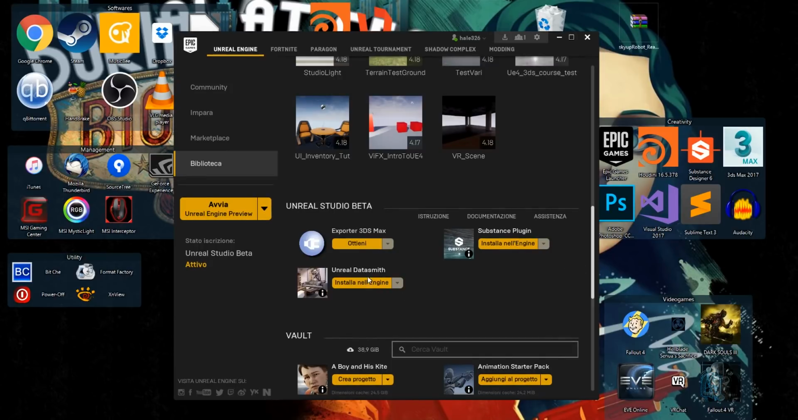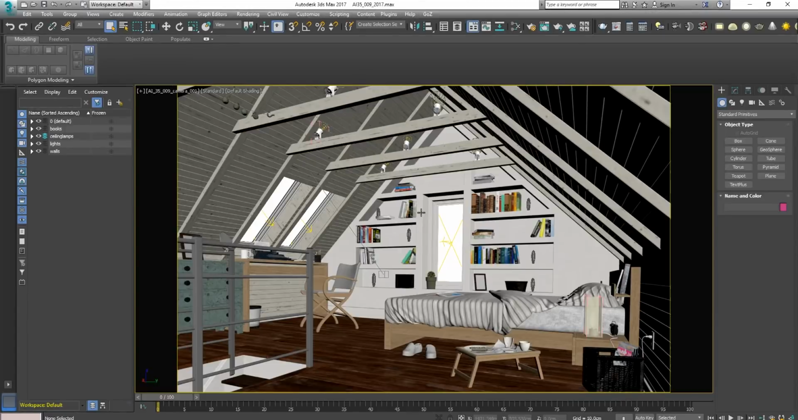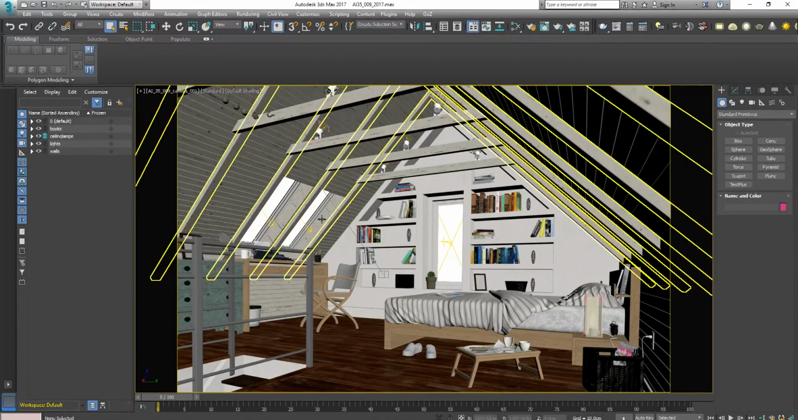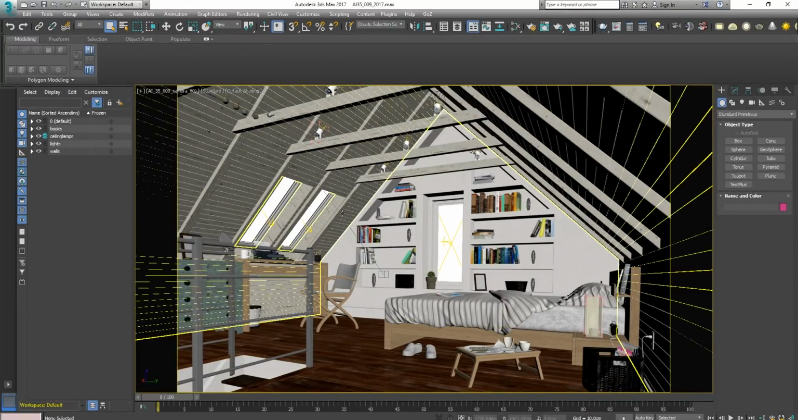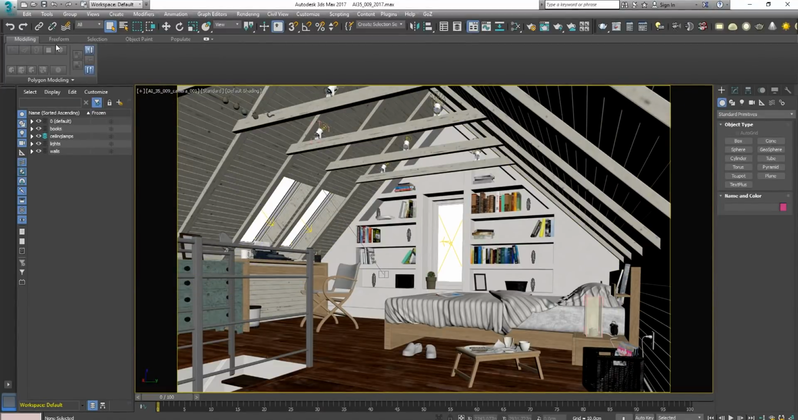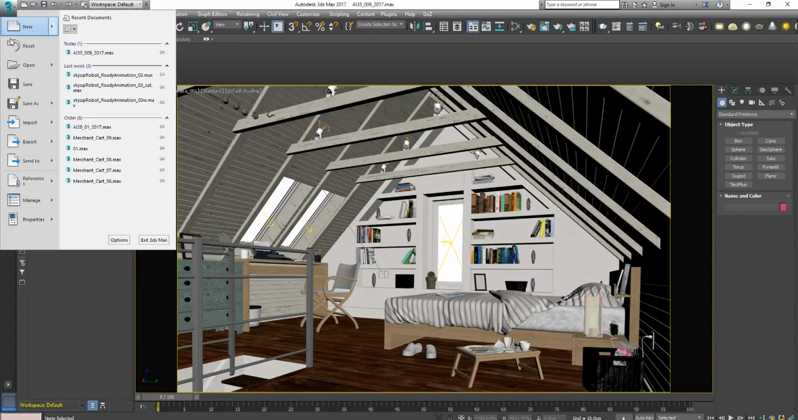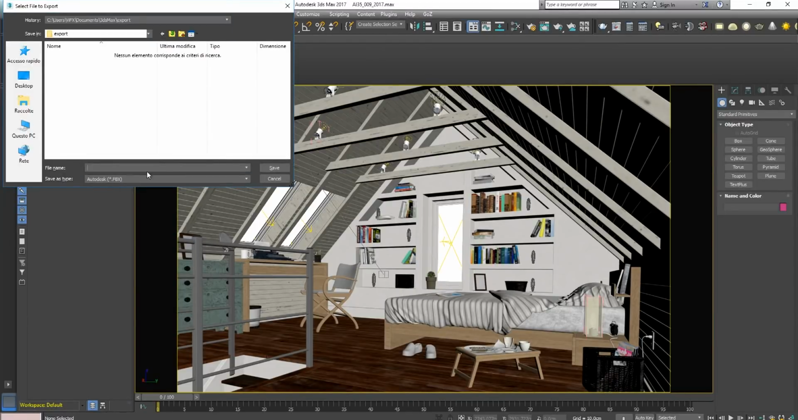So once you have Datasmith and the importer and the exporter for 3ds Max, we can go to our scene. You can see I have my scene modeled with all the materials and the lighting already ready to be rendered. And what we have to do is, without even selecting anything, we just go up here to 3ds Max and we do export. It will ask us where we want to export